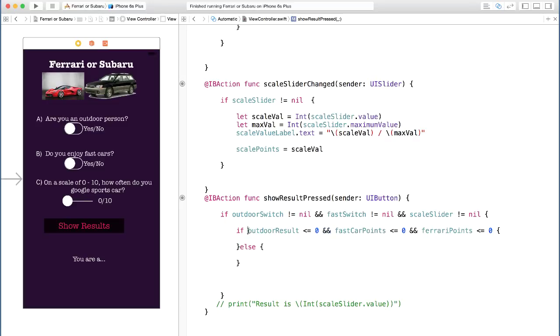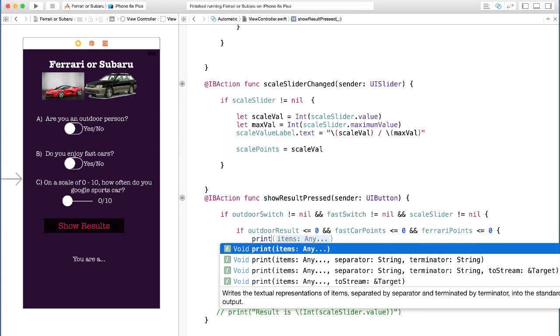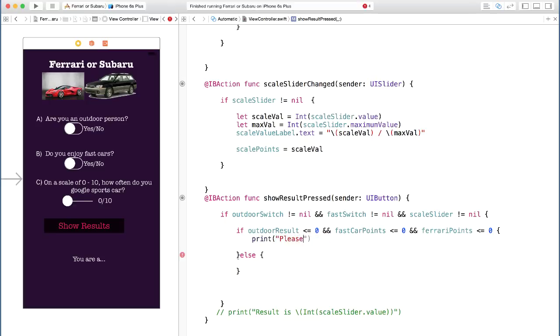We check for all of these values to be true. If all of these values are less than or equal to 0, for now we're going to print, please answer all questions.